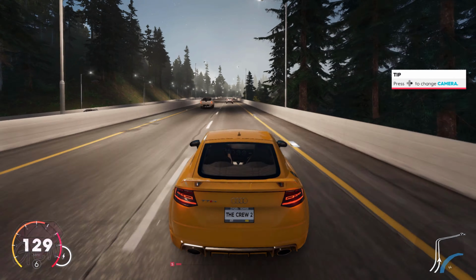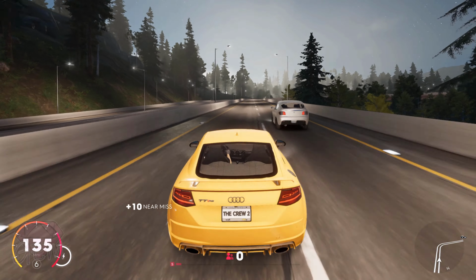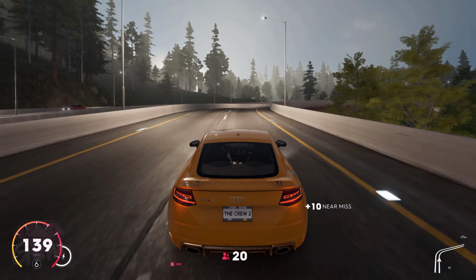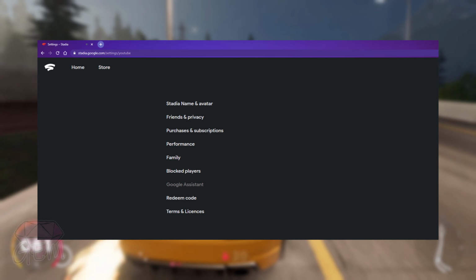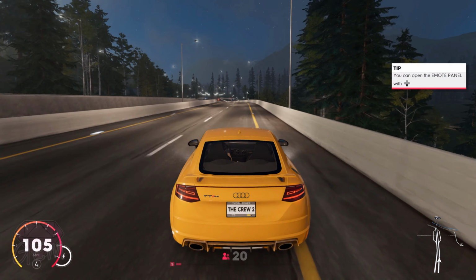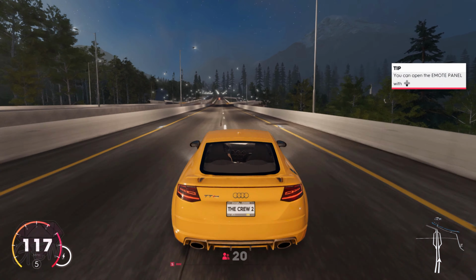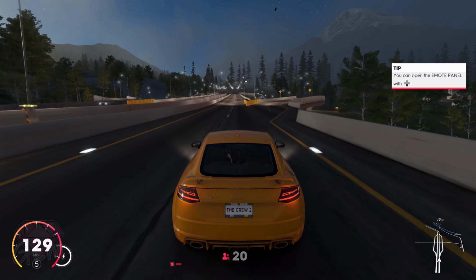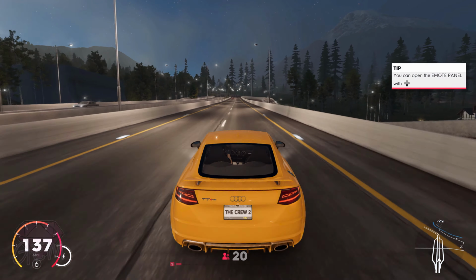If you visit stadia.google.com/settings/YouTube, you will see absolutely nothing. Yay! Actually, this is a good sign, because if I type something random, something that Stadia would never have a page on, I don't know, something like